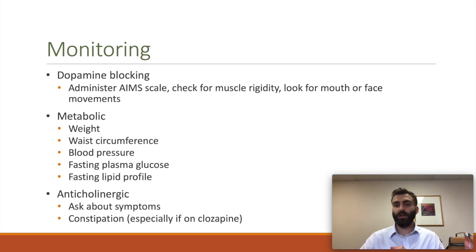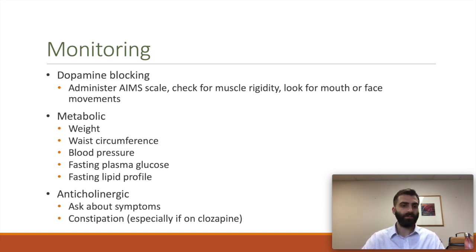So for the dopamine blocking effects, administer an AIMS scale. So you're looking for any movements, tardive dyskinesia. Check for muscle rigidity, so check the muscles of your patients. Look for face and mouth movements while you're talking to your patients. Metabolic effects: weight, lipid panels, A1C. Check all their metabolic profiles, generally at least once a year, and you'll check the weight every time you see